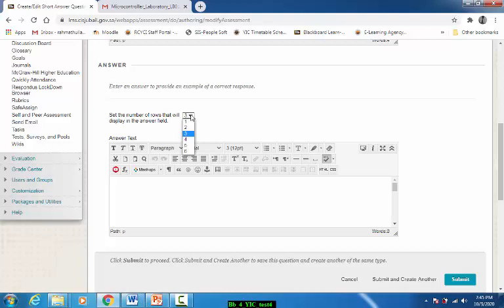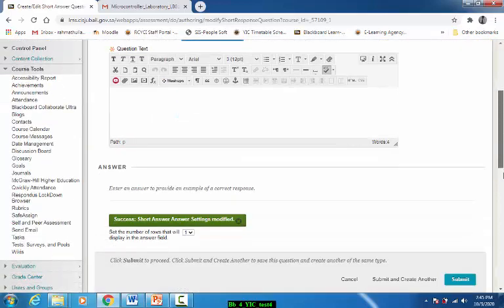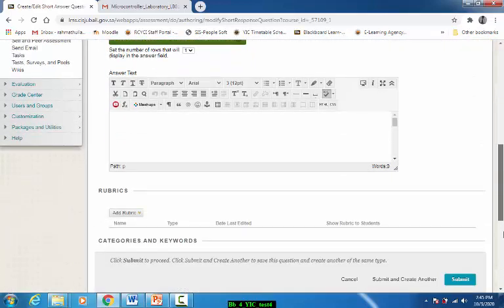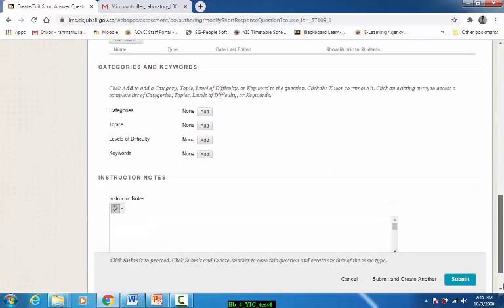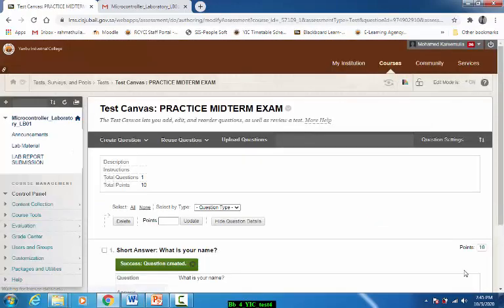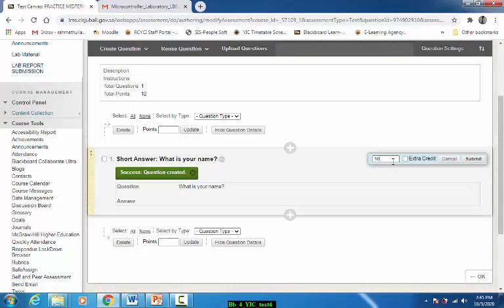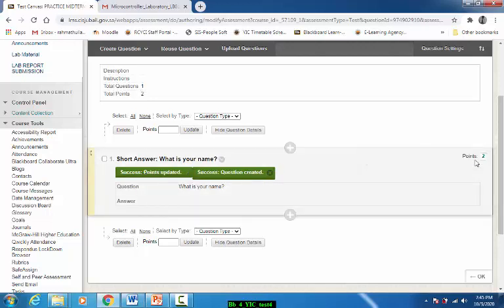How many lines do I want to give for this? Maybe 2 or 3 or maximum 6 lines. I will give 1 line. The students will write the answer here. I don't have any answer text here, and then I say submit. For the number of points, change it to whatever you want, let's say 2 marks. Submit.